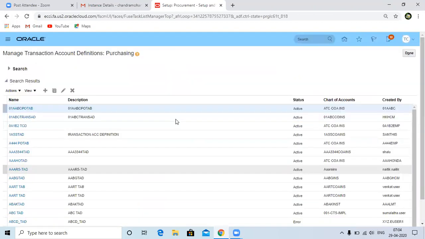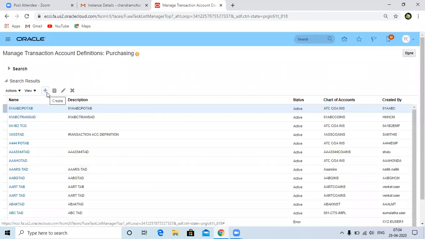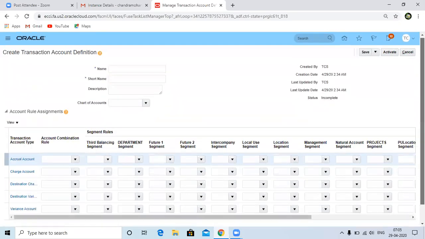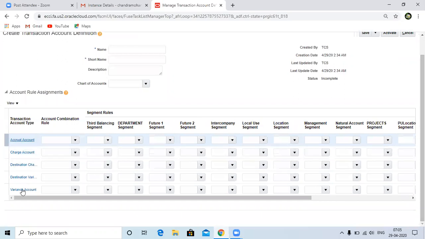We need to set the auto accounting. Here, this is the transaction accounting definition. Let's click on create. There are 5 account code combinations we need to give, to tell how the system should derive the code combination for these particular account types. What is your approval account?